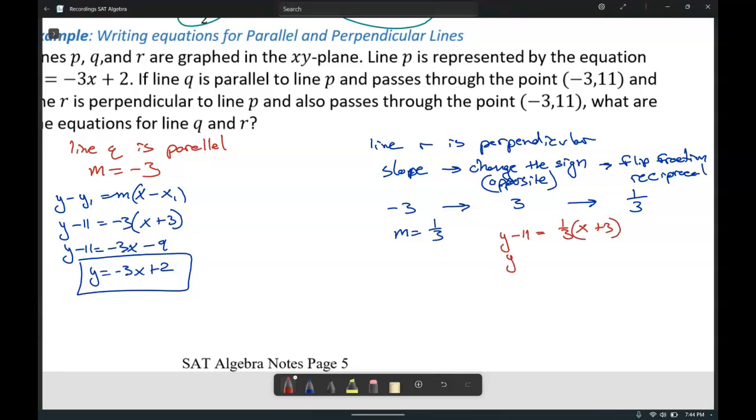We will distribute: y minus 11 equals 1/3 x plus 1. And then we'll add 11, 1/3 x plus 12 to get our perpendicular line. Perpendicular line R and parallel line